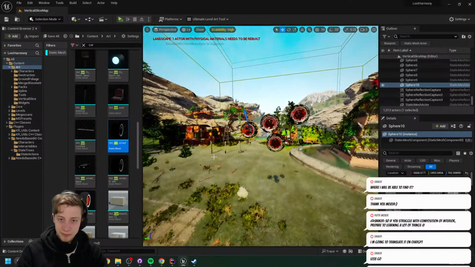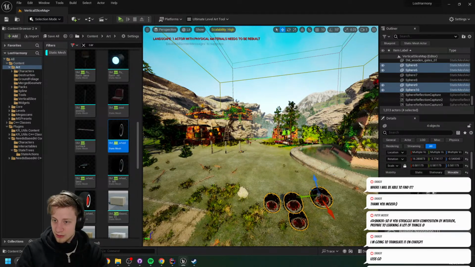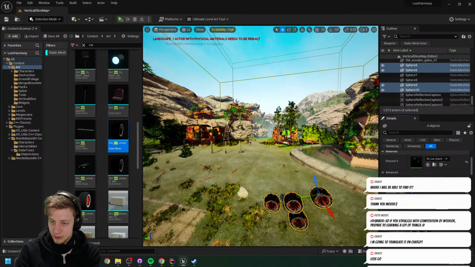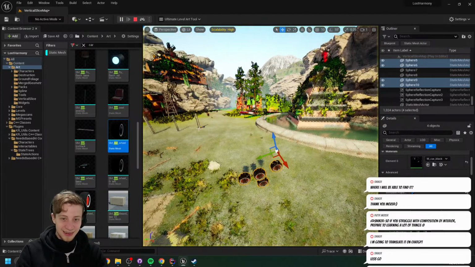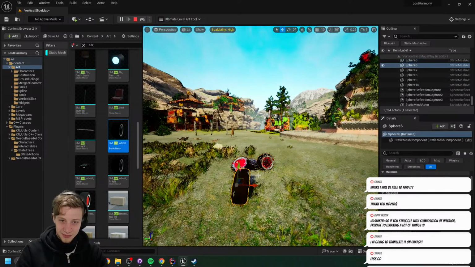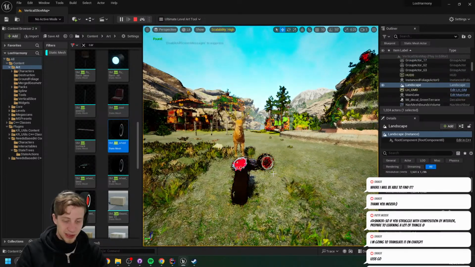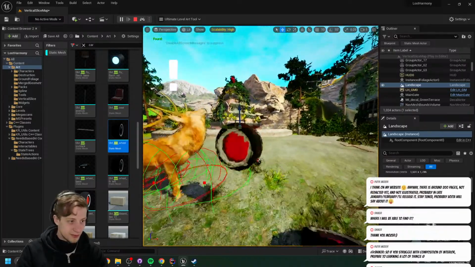There they are. Yeah, let's do just like 100. 200 kilos, imagine. This is like 0.2 ton. There we go, some nice jumping. Okay, it seems to work pretty well now.